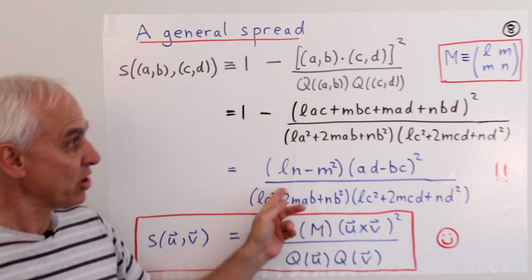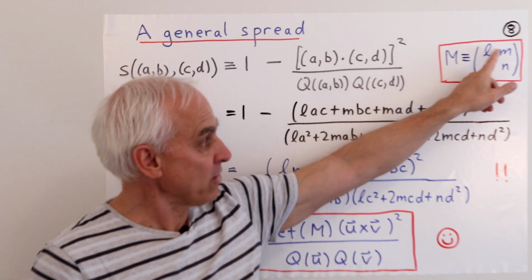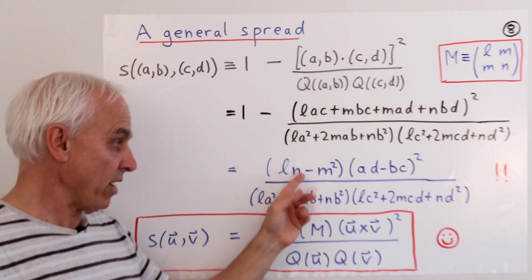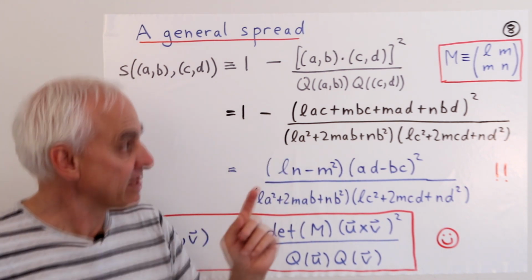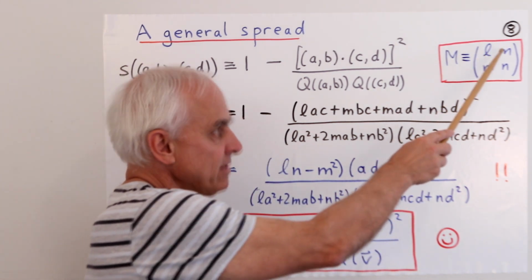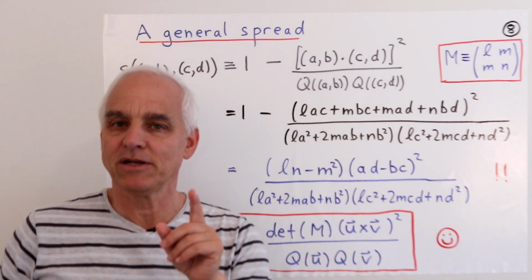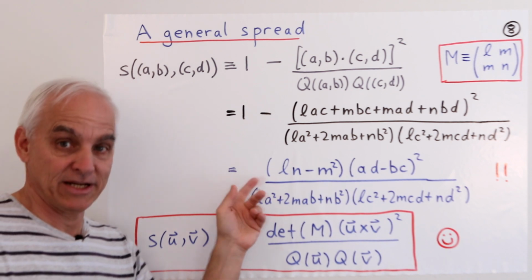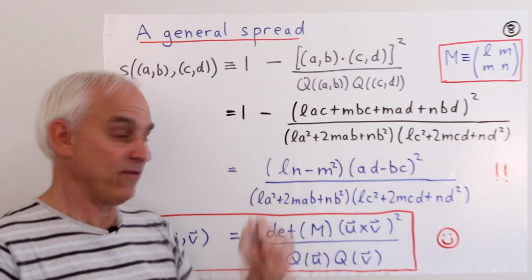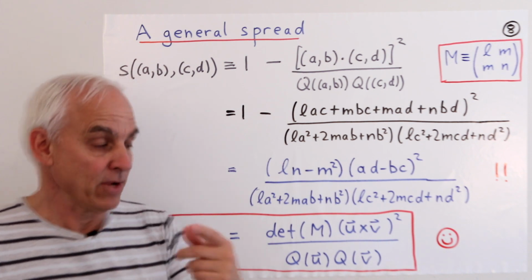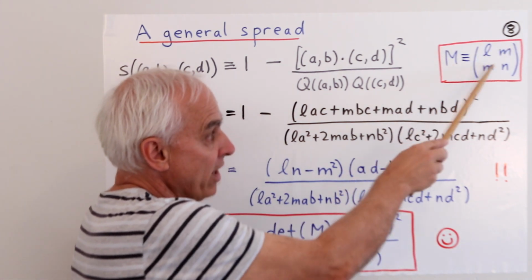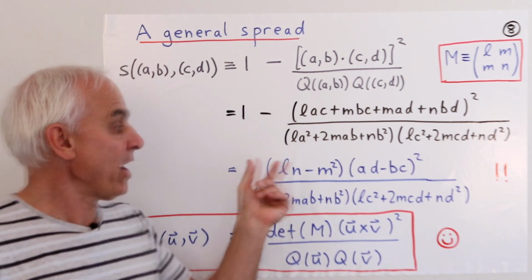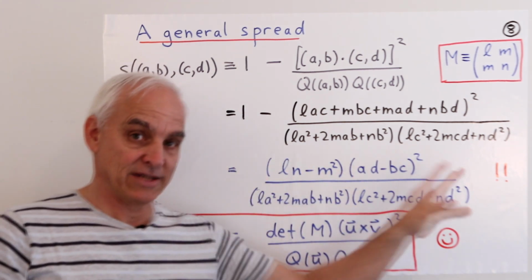In the blue situation, the matrix here is the identity matrix 1, 0, 0, 1. It has determinant 1, and so this is just 1 and doesn't figure. In the red situation, we have 1, 0, 0, minus 1, and the determinant is minus 1. That's why there's a minus sign that appears in that red formula when we write it in this fashion. And in the green situation, we have 0, 1, 1, 0. Its determinant is also minus 1, and that's why there's also a minus sign in the green situation.